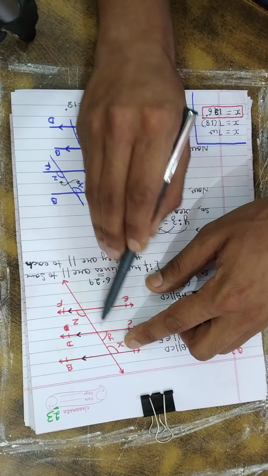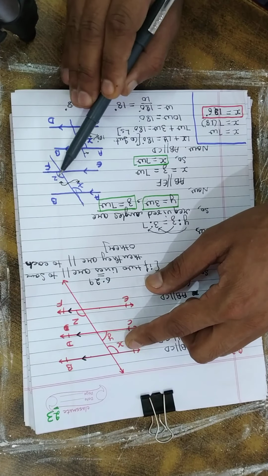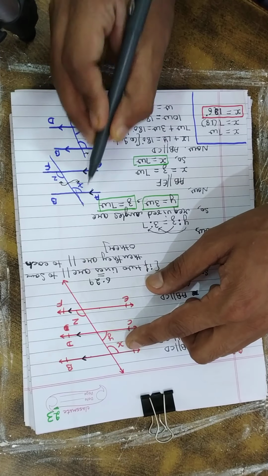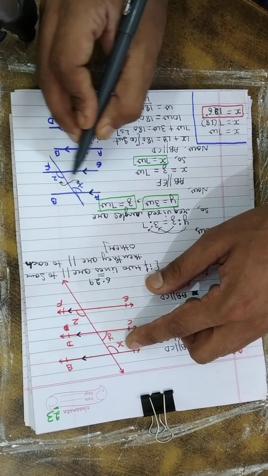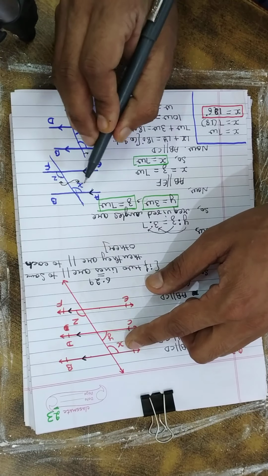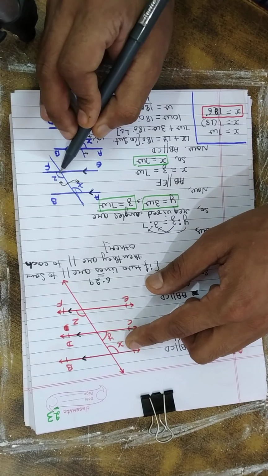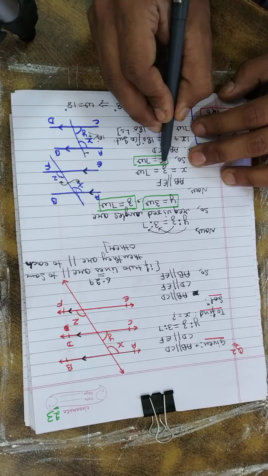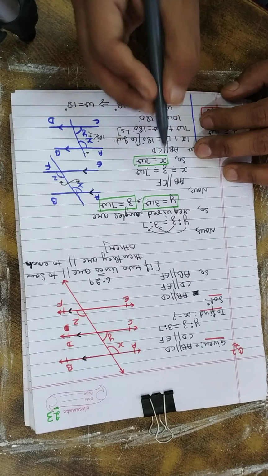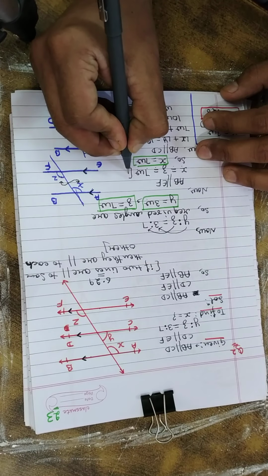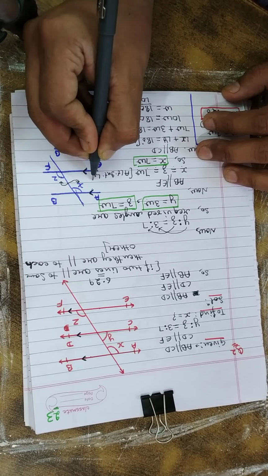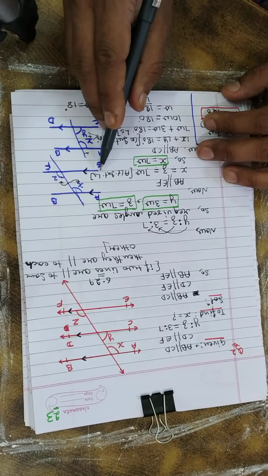Here is the angle x, here is angle z, here is angle x, here is angle z. You can easily see that both lines are parallel to each other. And this is a transversal, therefore x and z both are the alternate interior angles. Therefore angle x and z both are equal. So x equals z equals 7w. Reason is alternate interior angles.